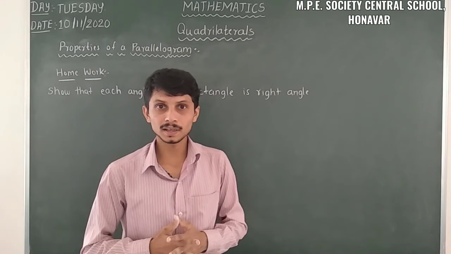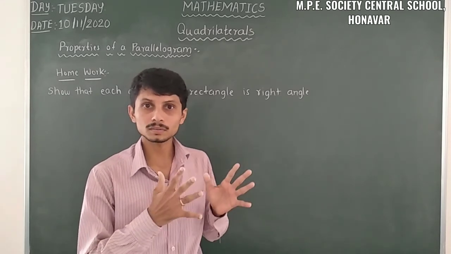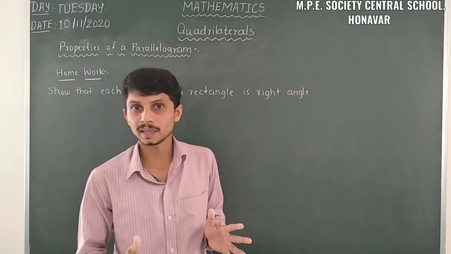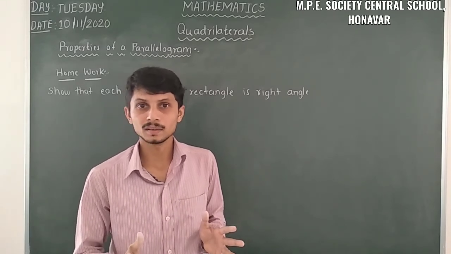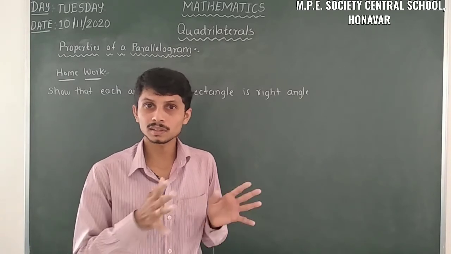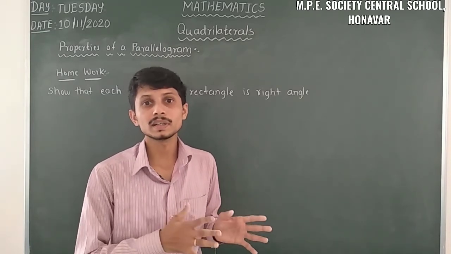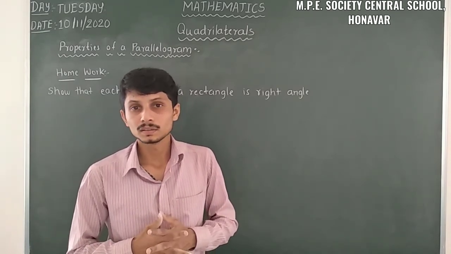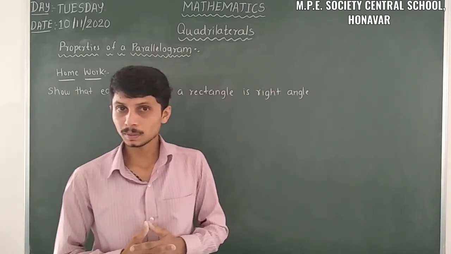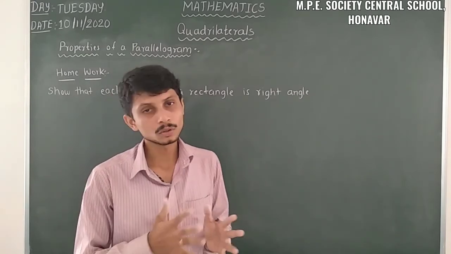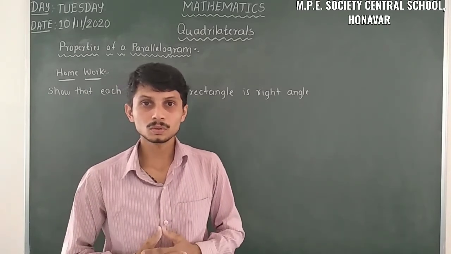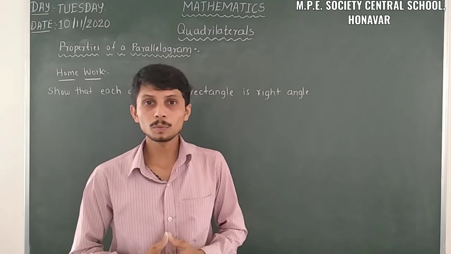Another possibility is there. We have a pair of parallel lines, and consider one adjacent side, which is common to both the parallel lines, as a transversal. The sum of the interior angles on the same side of the transversal is supplementary. From that also we can find the answer. I hope you understood this.